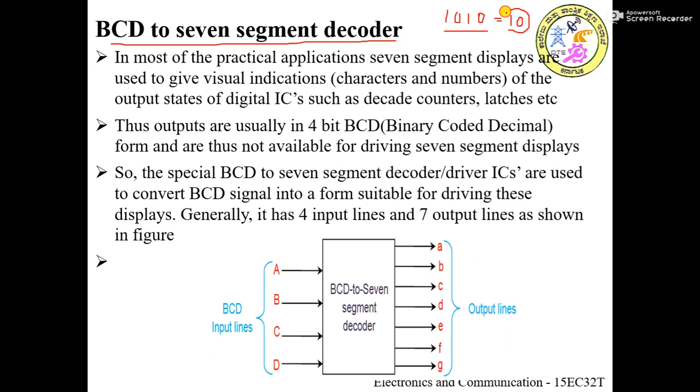If you represent the decimal number 10 itself on some display, then even though the person is totally unaware of the binary number system, he may easily get to know that the output is 10. That means the output is not displayed in binary. If it is represented with the characters or with the numbers themselves on the display, then easily the person may get to know what the output is. Instead of 1010, if you display 10, anyone will understand that this is 10.